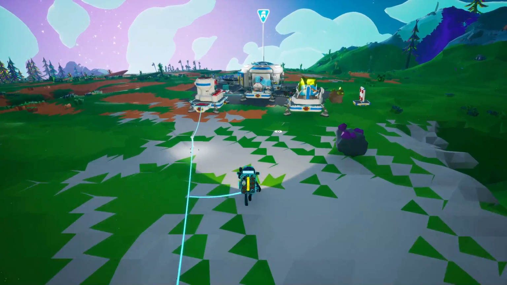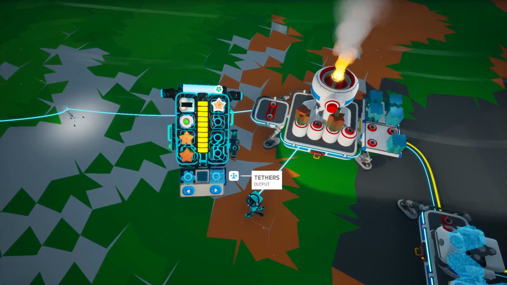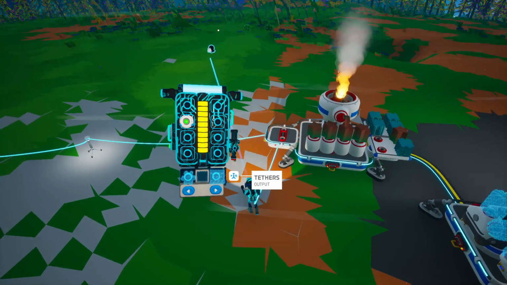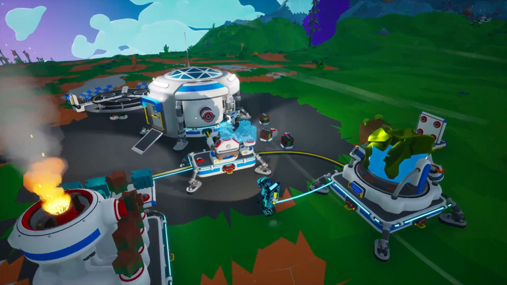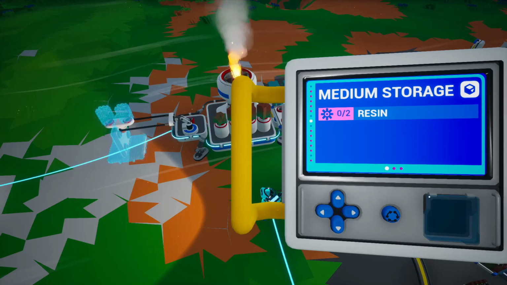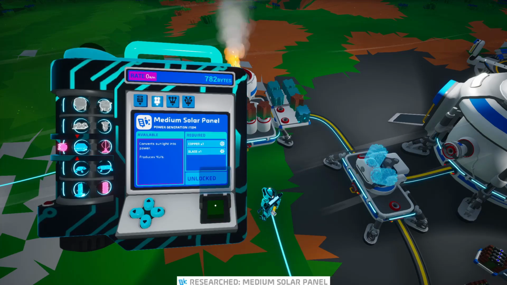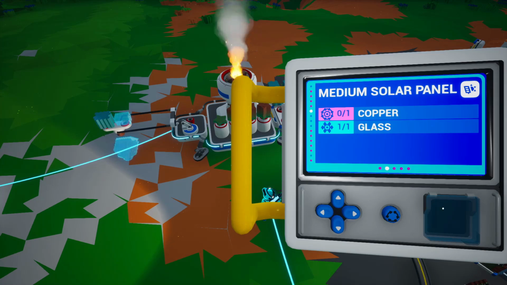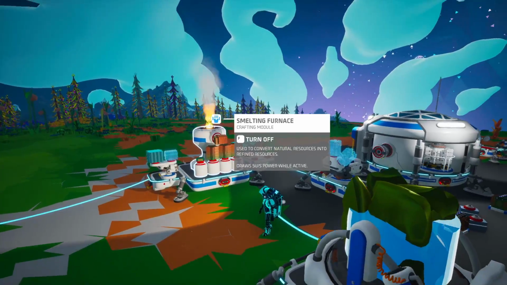Alright, well, there's our glass, so we can go and place some malachite on here, and then what I'm going to do is a little bit of a trick. I don't know what I'm going to do with these oxygen filters, so I'll just place them there. And I'm going to grab our small printer and actually put it over here, and then tell it to make, oh, we need to research for solar panels. Derp. Alright, medium solar panel. We'll research you. And then we'll tell this guy to make medium solar panel on repeat. And then as soon as the copper is done smelting, it will make that